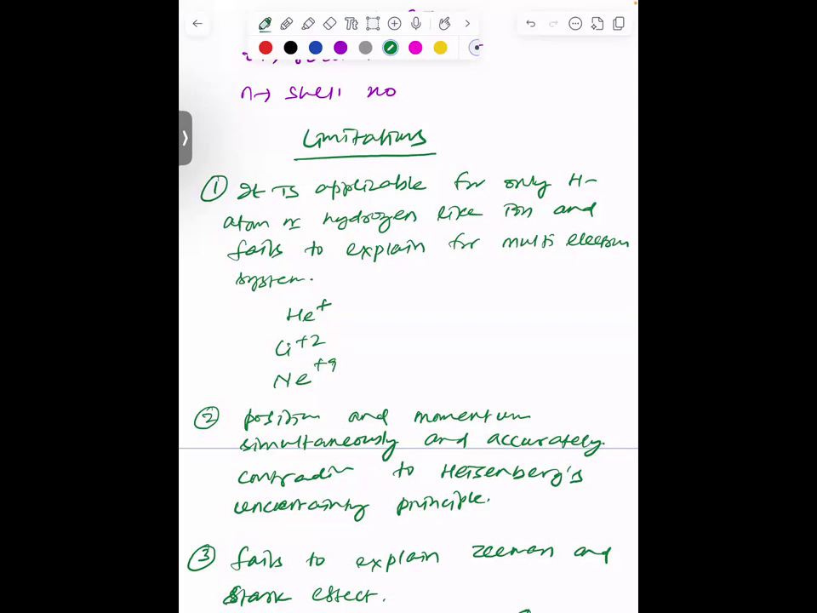The Heisenberg uncertainty principle explains that it is impossible to measure the position and momentum of any microscopic object like atom, electron, proton, any microscopic object, simultaneously and accurately. Okay, simultaneously and accurately. So it is impossible to measure the position and momentum of any electron simultaneously and accurately. But according to the Bohr model, electrons are revolving in a constant circular path or fixed circular path with